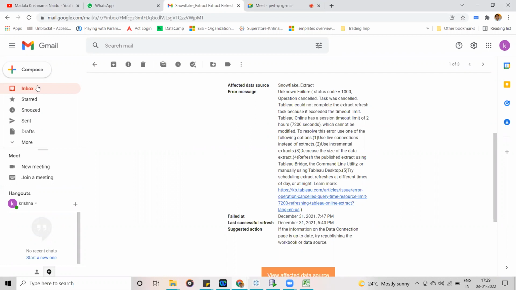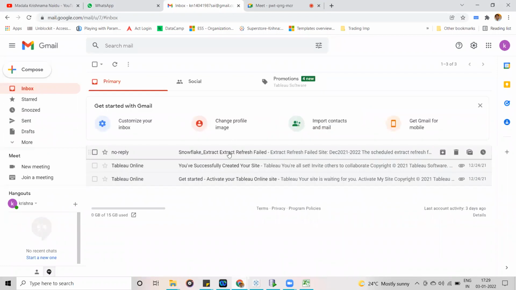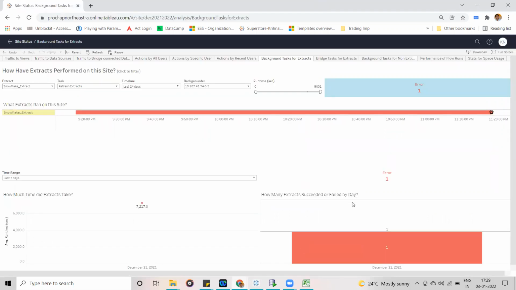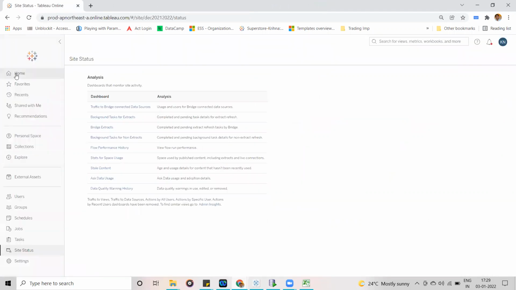And one more thing: as per your subscription, you can subscribe. If you do not subscribe, then you are not going to get these alerts. Another way you can check it, so you no need to go till this level: you can go directly here.